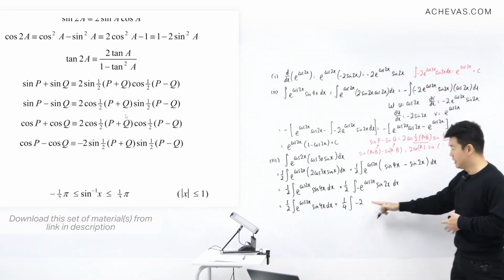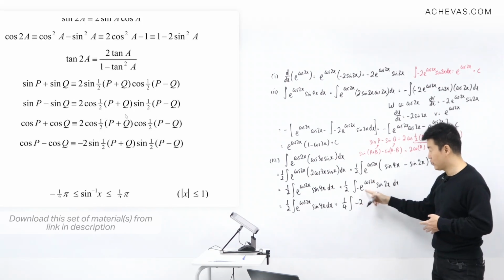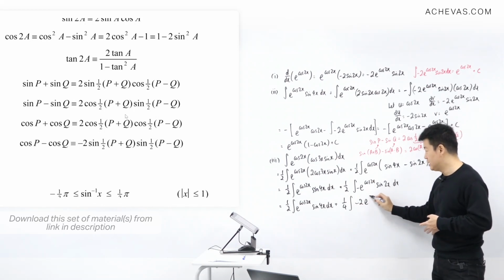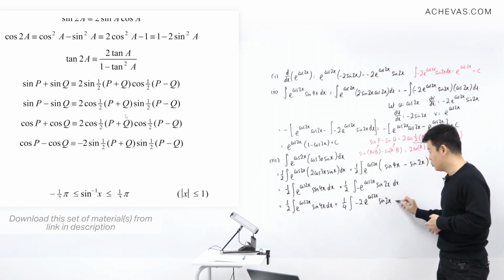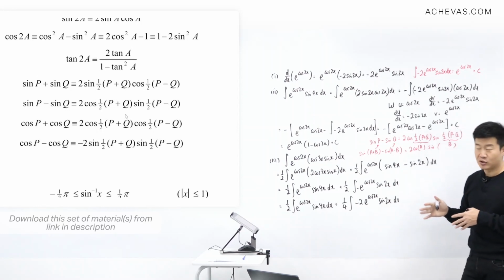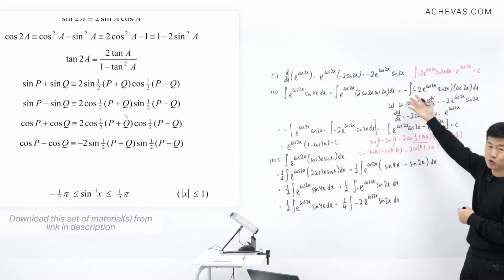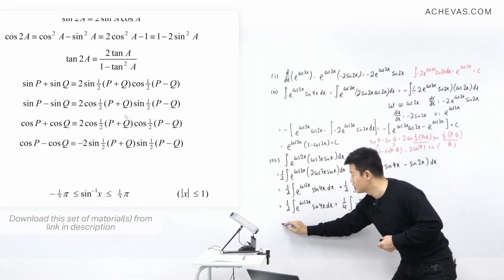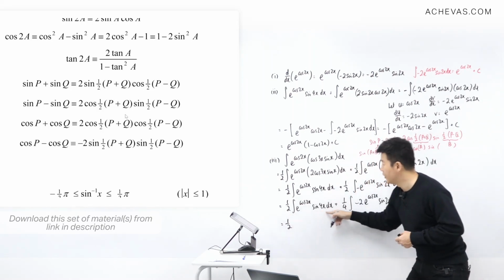Okay, that's what I want. This will help me to introduce a 2 into this. It will be 2, then e to the power of cosine 2x sine 2x dx. Okay, now we have results that I can make use of based on just what we have gotten in the previous 2 parts. So for this, it is going to be equal to half of this, which is going to